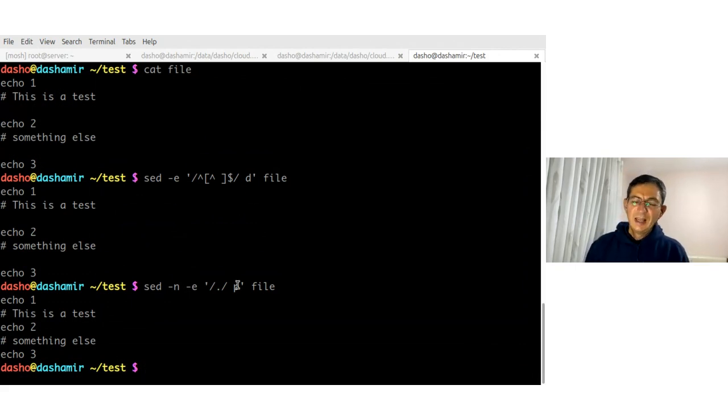Why does it work? Because this -n means don't print lines by default. Print only the matching lines. And this command here is printing all the lines that match dot. A dot matches any character. So any line that has at least one character will be printed by this one. And this -n tells sed not to print the lines. So without this -n,